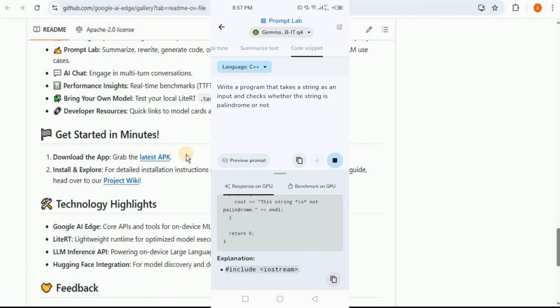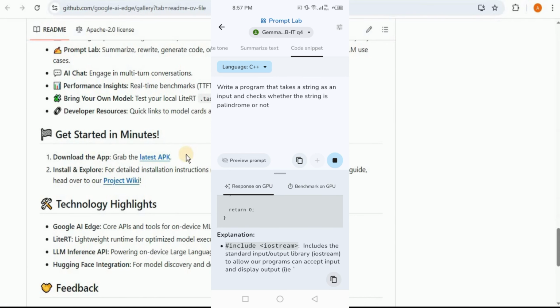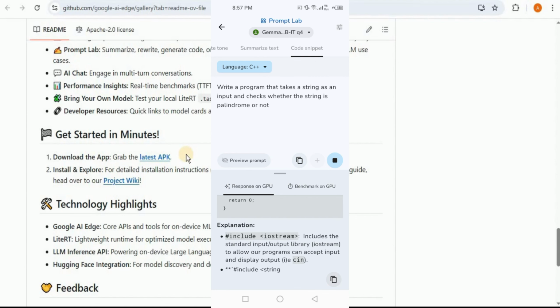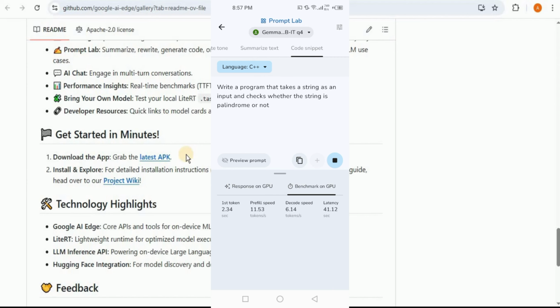Moreover, it has also provided us an explanation of the code. So if a person is not familiar with the programming language, then he can easily understand this code by looking at the explanation. Moreover, you also have the option to check the benchmark on GPU. So the first token was generated at 2.34 seconds. We have the prefill speed, decode speed and the latency as well.